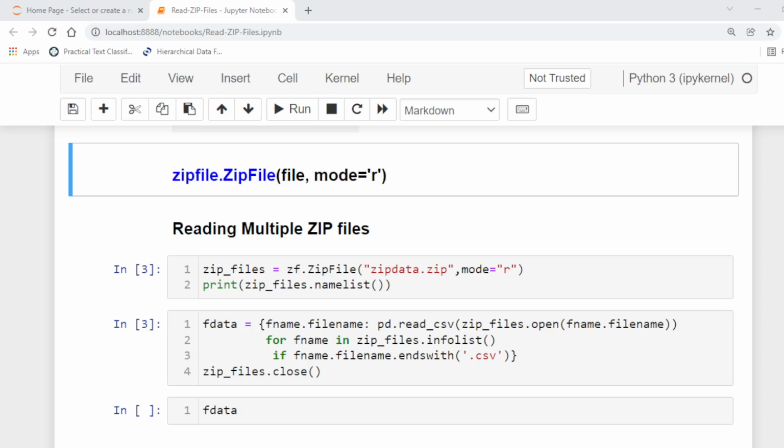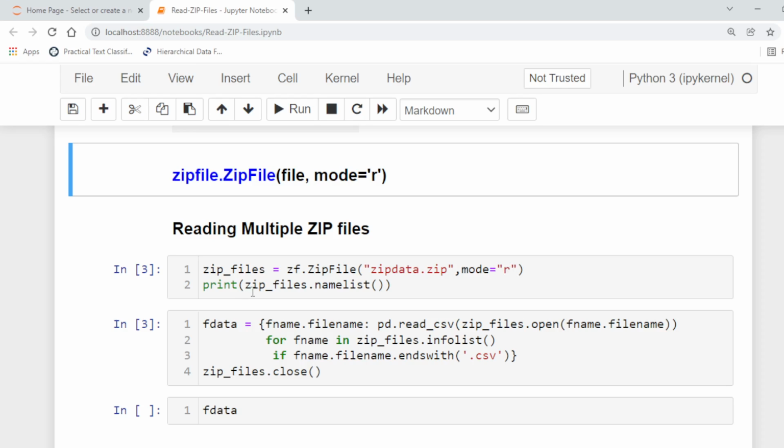This module provides tools to create, read, write, append and list a zip file. So here, reading multiple zip files. We have a file in which more than one file is stored in zip format. Here we will use the ZipFile method, and the mode is r.